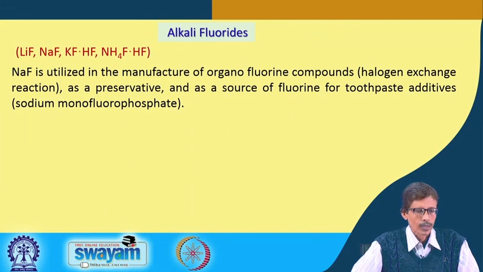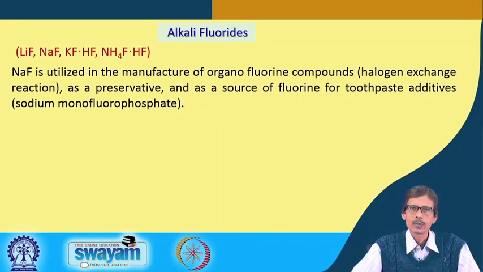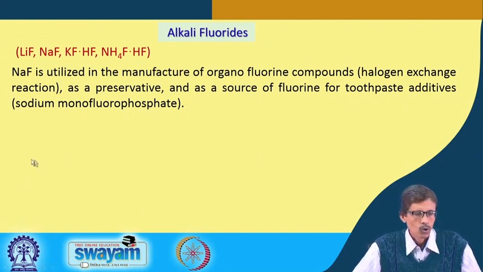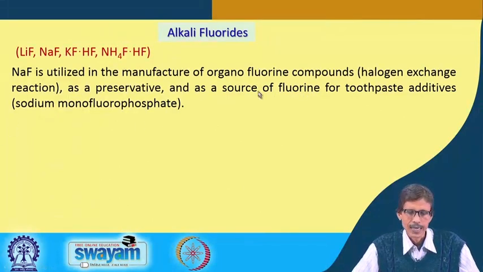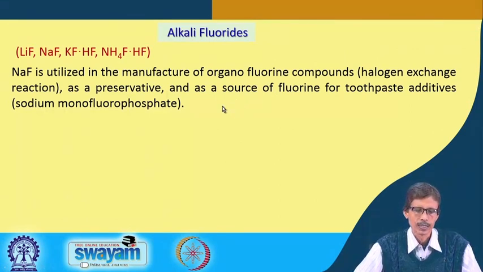The second one, sodium fluoride, can be utilized further in the manufacture of different organofluorine compounds. In our previous classes we have also discussed that in the organic molecule backbone you can have carbon hydrogen bonds, that means CH functions, and we can substitute those CH functionalities to CF functionalities, and that can be achieved very easily through the use of sodium fluoride as the typical inorganic source. So, it gives you the corresponding halogen exchange reactions. What is that? The hydrogen atom on the carbon center can be substituted by fluorine.